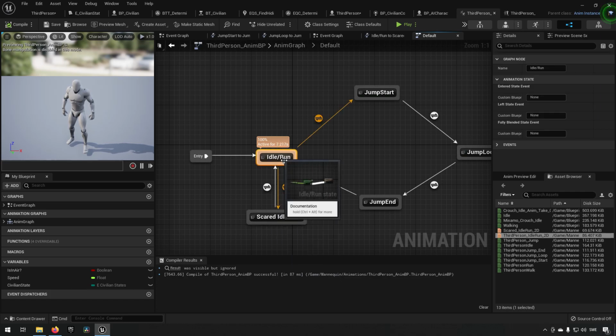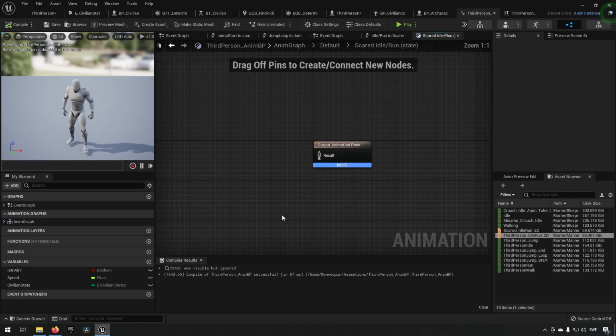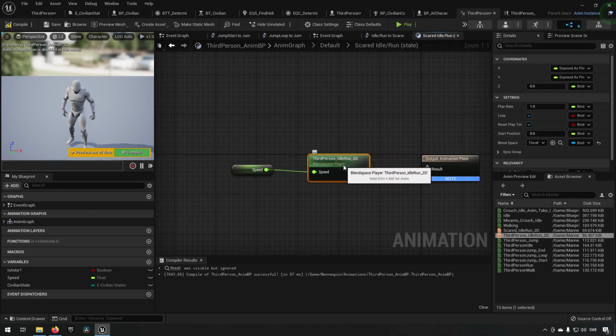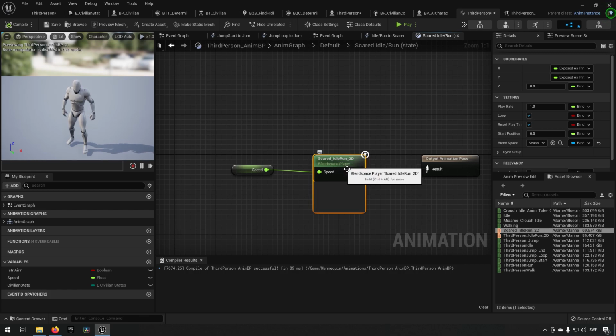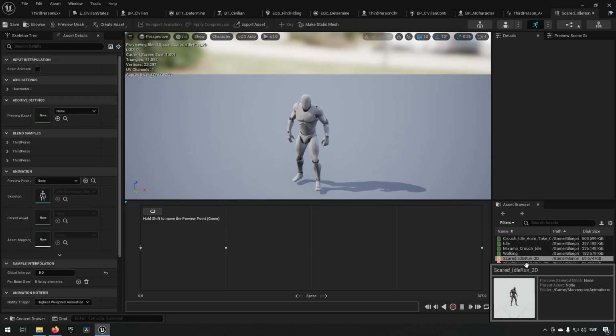Now, in the original idle here, you can see that we're making use of speed and the third person idle run. We can just copy this, go back to our other idle, then plug it in here. But instead of our third person idle in here, we'll use our scared idle, like so, and plug it in there. Delete this. Now we just duplicated the scared idle, and it doesn't do anything different, so let's find our scared idle